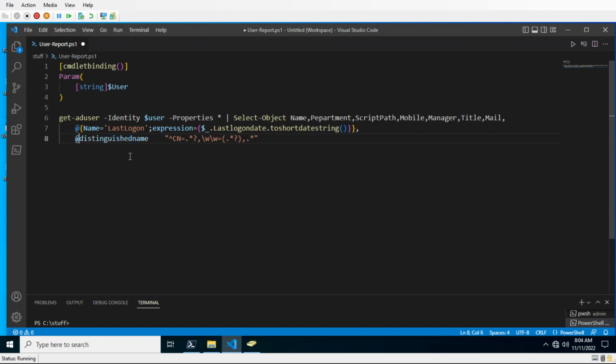So I'll start off with the at sign, open. We need to give it a name. Name equals, and let's call this, I'll just call it OU. Right? How about that? And then backslash, and then expression equals, and then we got our script block, and this whole thing is going to be in that script block, and then a final quote there just to close